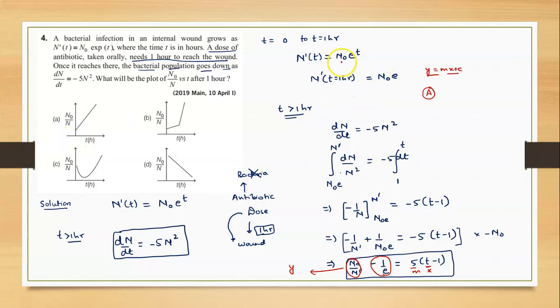Initially the growth is exponential, which means if I have to draw the graph from t equal to 0, at t equal to 0 it is N naught, then it goes to N naught times e, and then you have a straight line with a positive slope. The bacteria is not growing that vigorously and is about to decline. That should have been the actual graph, but they are just drawing this part of the graph after t equal to 1. Therefore, the best fit for this would be option A.